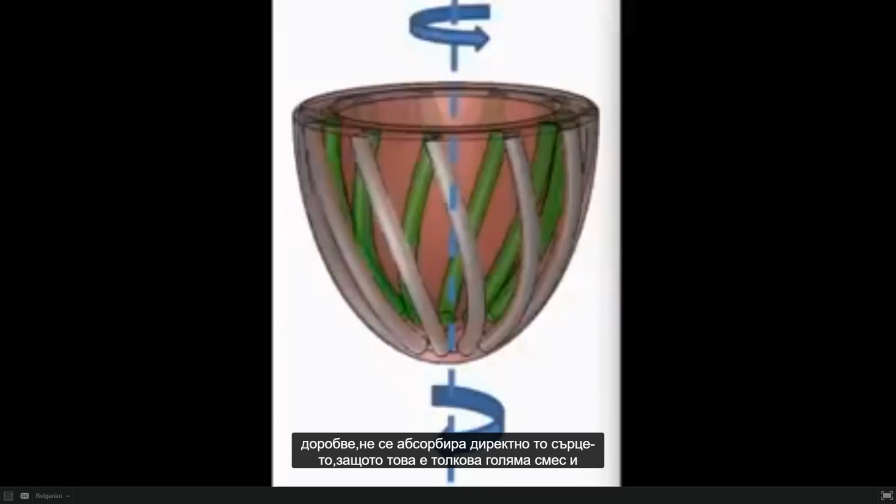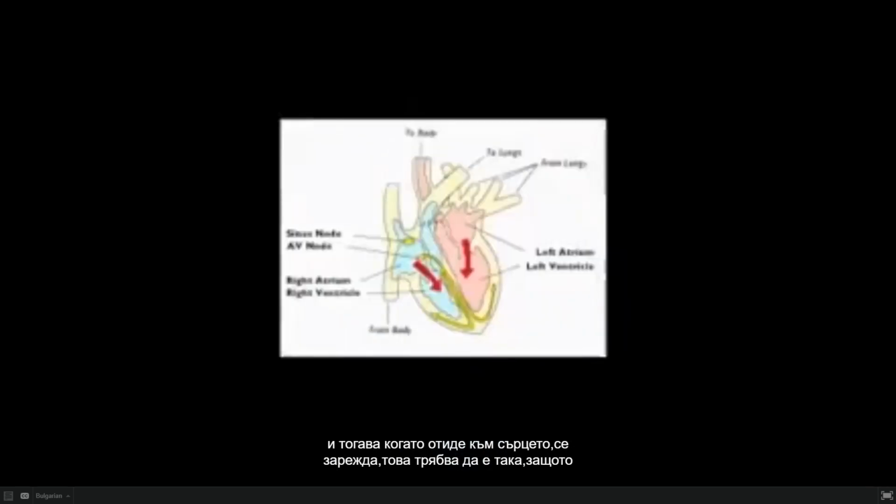because it's such a big mixture and it has such a variety in it that it's like you overcharge the body. So most of the regulatory control of the heartbeat comes from the feedback when the flow comes back in. It drops, but it still comes with the same, and then when it goes to the heart, it charges up. This has to be that way because once we go into the blood circulation, I might explain to